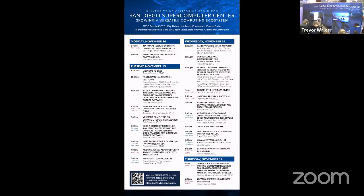And there's a lot of other things that I don't want to point to every single one of them, but you can check out at the booth over there, you can get a program, check out what we have to offer during the week. The last one I want to point at is CloudBank. CloudBank is a very interesting